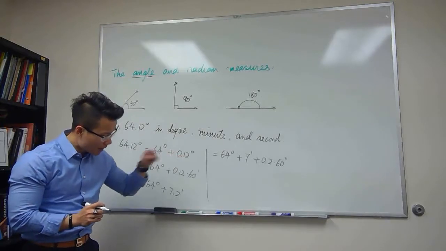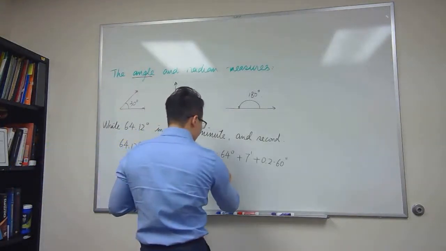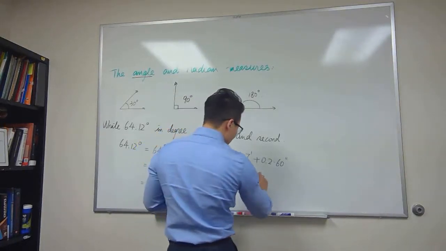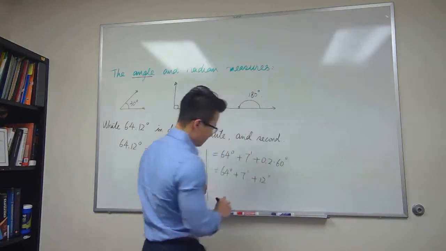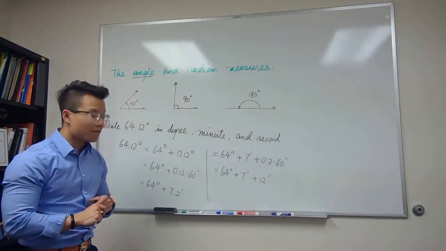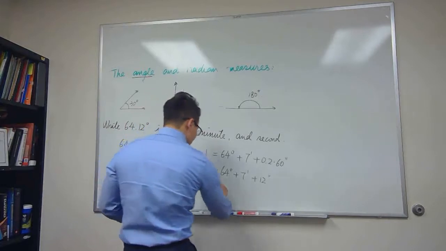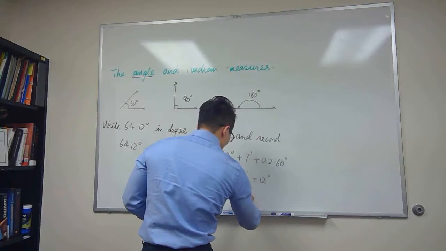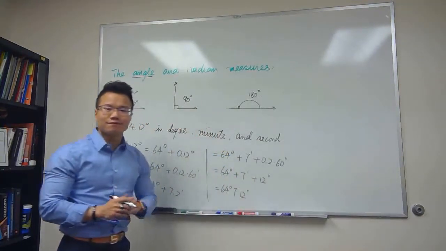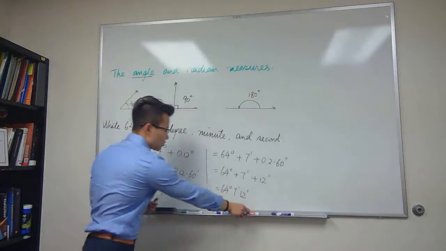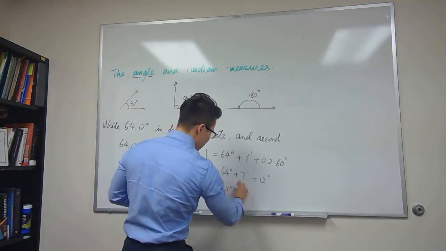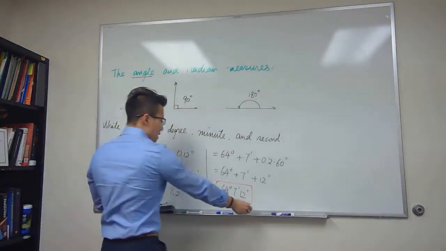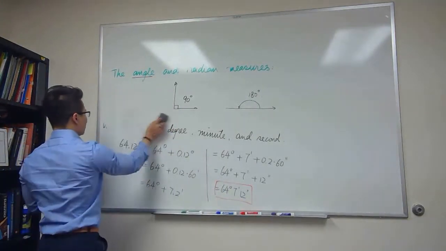Okay, so multiply by the 60 seconds right there, and that ends up to be 64 degrees plus 7 minutes plus 12 seconds. Okay. And finally, we just rewrite the whole thing together, and we get 64 degrees, 7 minutes, 12 seconds. Okay. And that is our final answer to write our decimal points. Okay. So that is the way. So after we have done all these nice things in here,